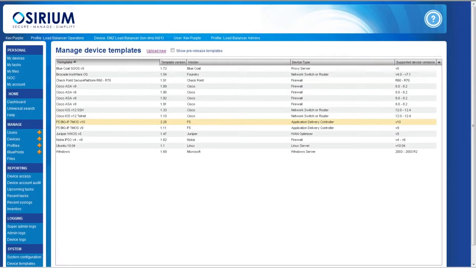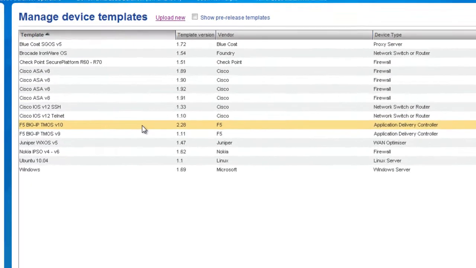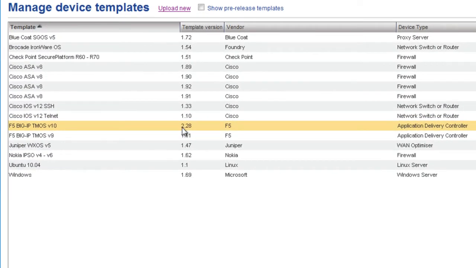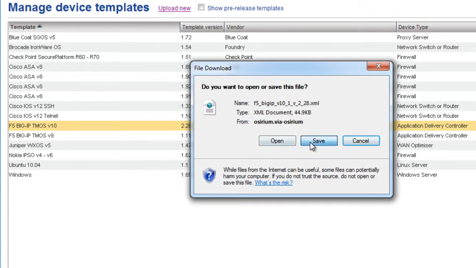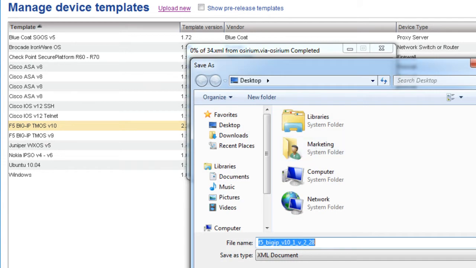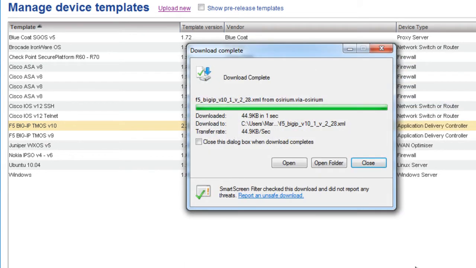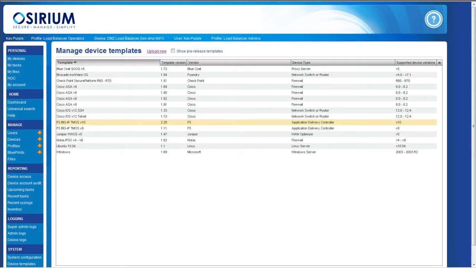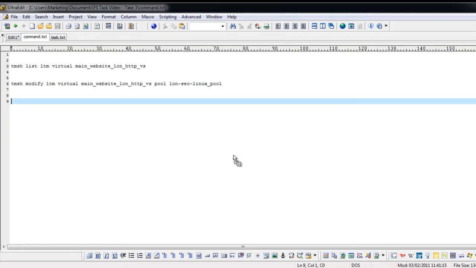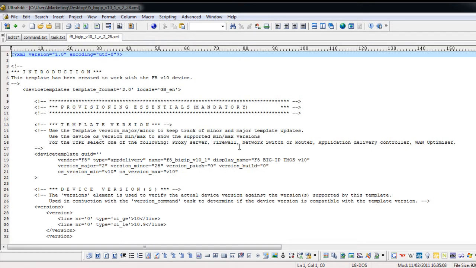So there's already a template in Assyrium for the F5 TMOS version 10. The current template in this one I have here is version 2.28. So I'm going to download this template and then I can make changes and add my new version in. So I'll just stick it on the desktop. There we go. And I'm going to open it with my text editor, and in here you'll see the XML